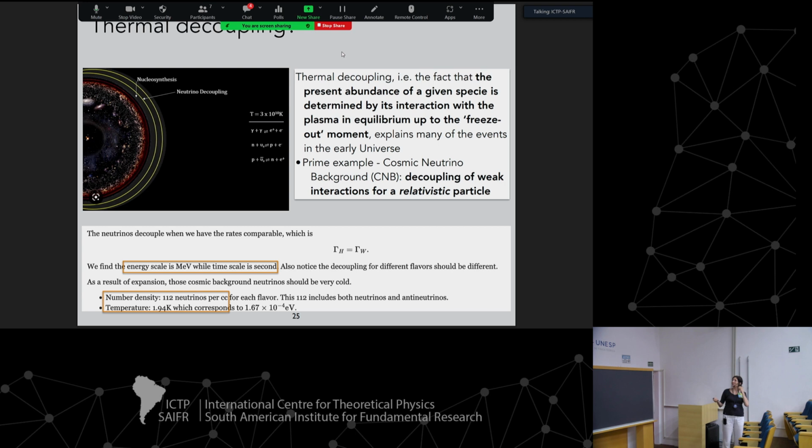And one of the best examples is the cosmic neutrino background. We know that neutrinos are also particles that were, like dark matter, interacting with all other particles in the thermal bath, in the thermal plasma, okay? They also, as we assume for dark matter, interacted with weak interactions with the thermal bath. The only difference is that neutrinos were relativistic when they decoupled because they're almost massless, while for dark matter we assume it's massive. But to repeat, we know neutrinos were there in the early universe, we know they interact with weak interaction with standard model particles, and we know that neutrinos decoupled at some point,